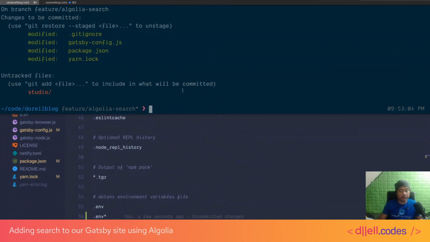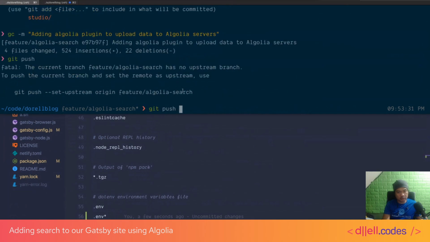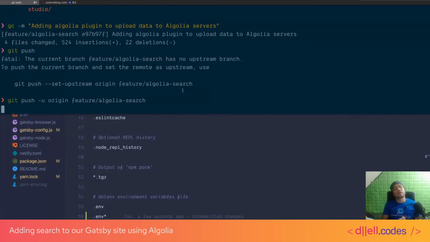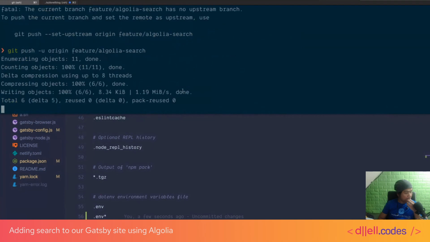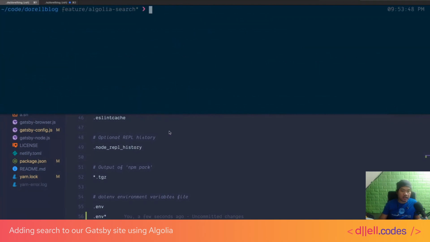This is the integration. Adding Algolia plugin to upload data to Algolia servers. Git push the origin feature Algolia search. All right, we have one. Okay, now